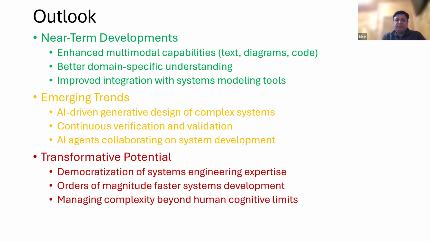Looking more towards the future, in a 5 to 10 year time frame, is transformative potential. It looks a bit scary sometimes, but I think our system engineering is going to be equally complex in the future. I think Gen AI, with its current capabilities, if they grow at the same rate, is going to cut down the system development time from years to months.